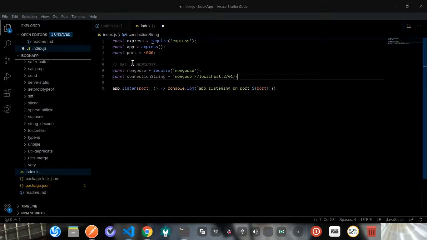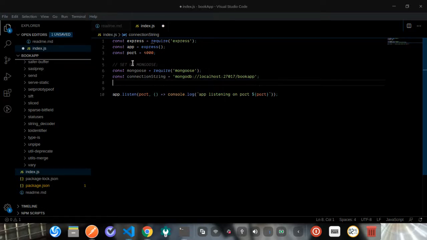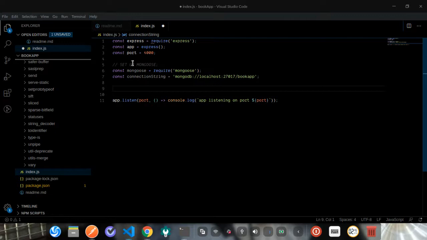Whatever we add after the slash is going to represent the DB name, the name of the database which we're connecting to. So let's use a database called bookapp. So I'm going to save this,